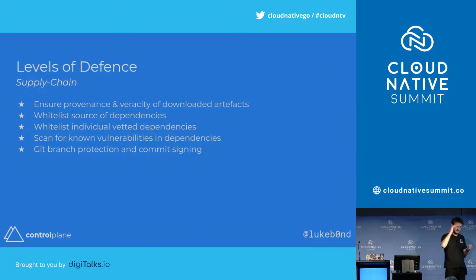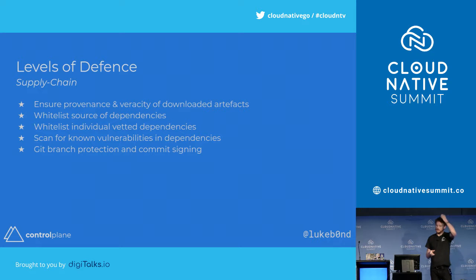You can do that by whitelisting sources of dependencies or individual dependencies. So if you're using something like NPM, you might say, we're only allowed to use these modules. That would be, as you can imagine, a bit of a mission because we use so many modules in NPM, right? There was a good talk out recently at KubeCon called Securing NPM Install or something like this, where a team has done some great stuff around isolating JavaScript. Anyway,